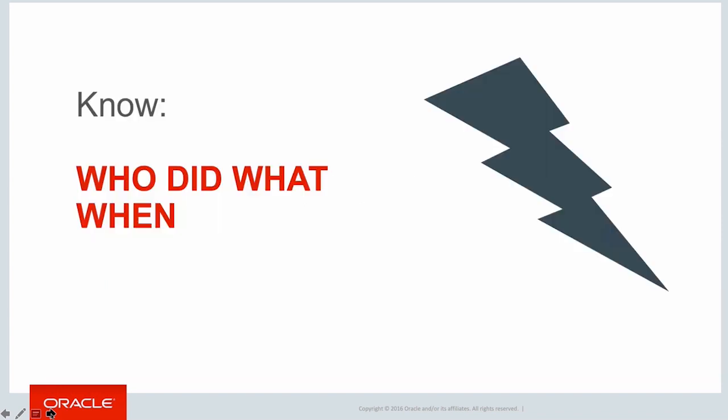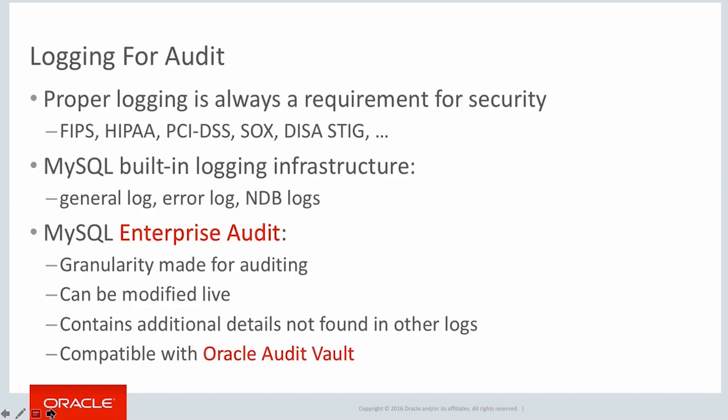As I said earlier, our DBA responsibility is we need to know who did what and when. So it's very important as a DBA. It's also very important with a lot of standards out there: FIPS, HIPAA, PCI compliance, SOX. All of these require some form of logging. And based upon the logging, it can determine what the penalties will be if you're in violation or if you're breached. So what people have typically been doing is using the general query log